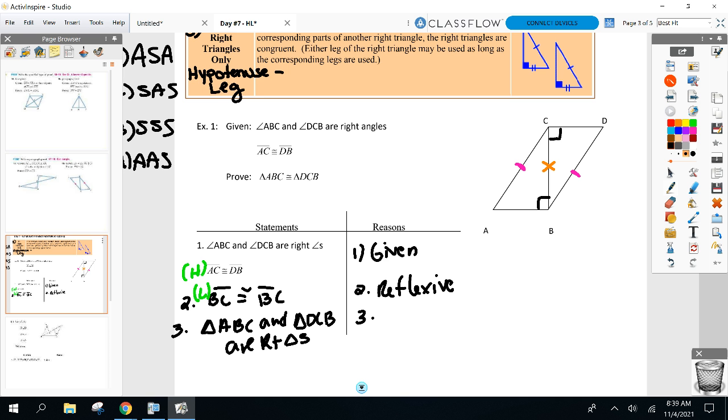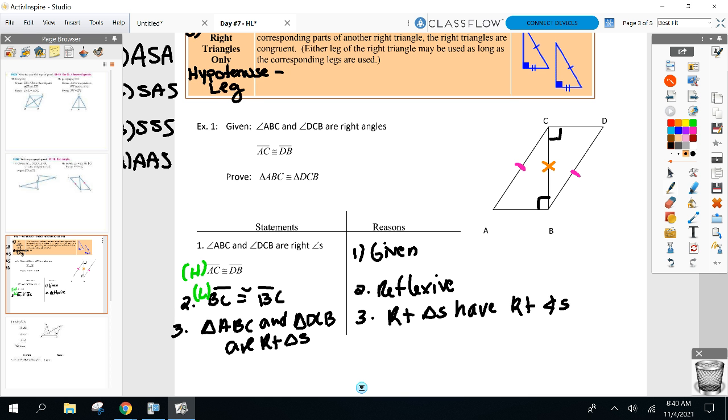You guys just answered it a couple seconds ago. How do I know they're right triangles? Right triangles have right angles. Whoa, wait. Did you tell me you had right angles, or are they just marked in the diagram? Did you tell me in the proof you had right angles? Where? Good. Okay, it was given to us, right? Right there. It was given. So good. Right triangles have